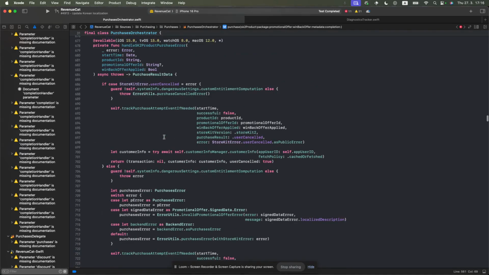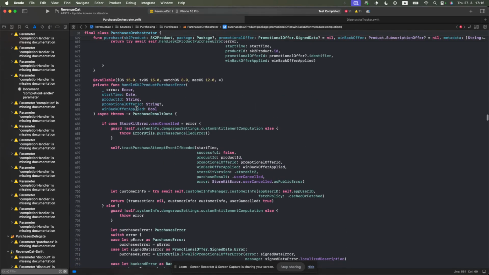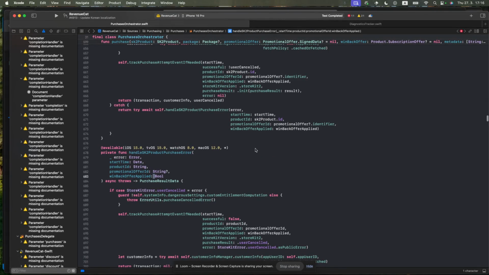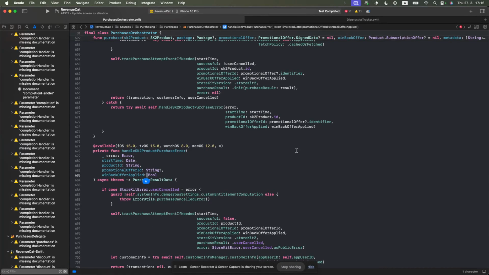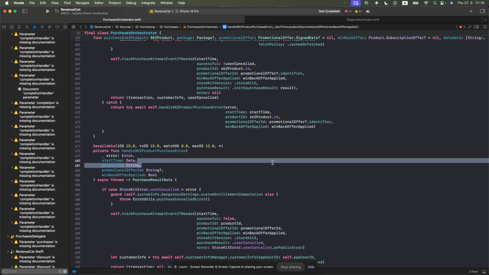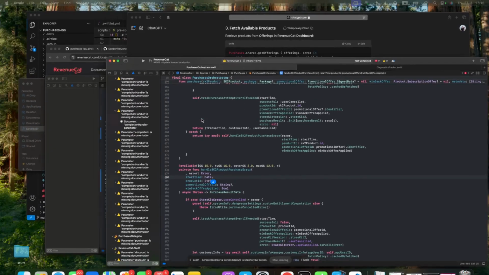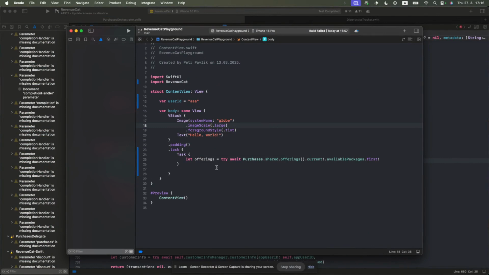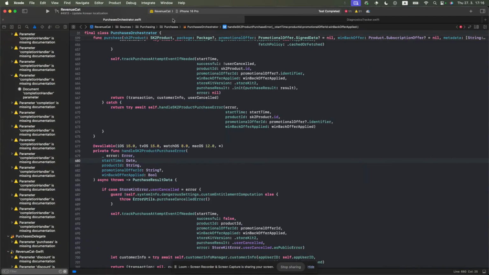Maybe the last thing we can take a look at is the user attribution, how they do networking and basically the analytics part, which is always interesting, at least to me. So let's quickly take a look at that. Where did I? Yeah, you can do purchases shared login. So if we go there,